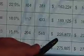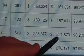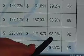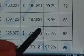Now, the next column is the average list price of the homes that sold. And you can see in this price range right now, it's $225,877. Now, the average sales price, however, was $221,873. So you can see homes that are selling and selling on average for 98.2% of list price. Now, the reason I share that with you is a lot of people say, well, Bruce,